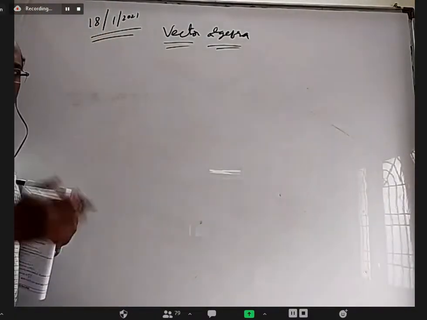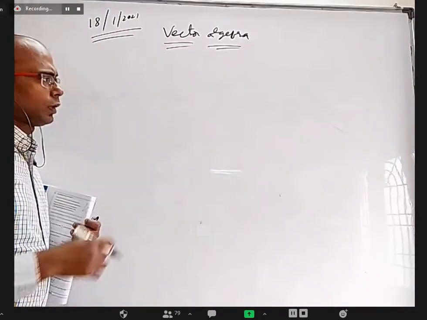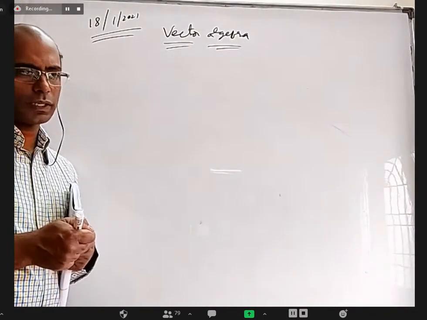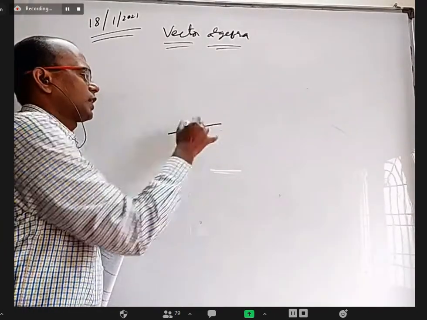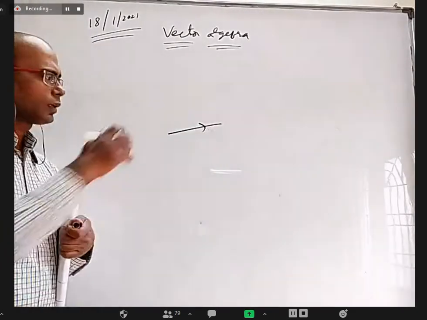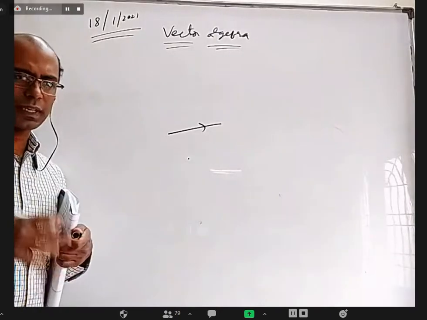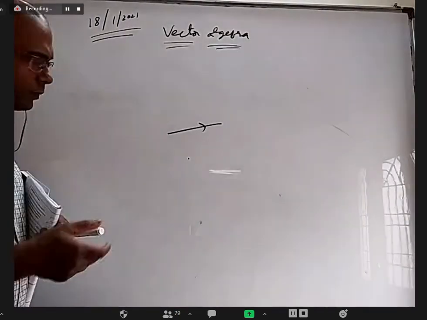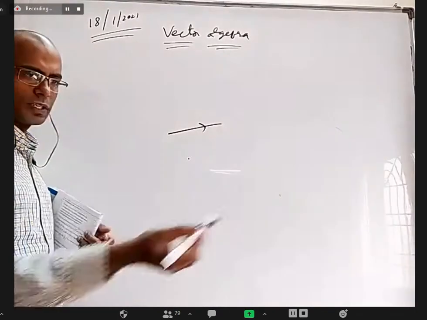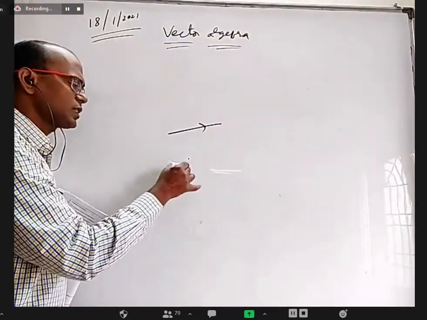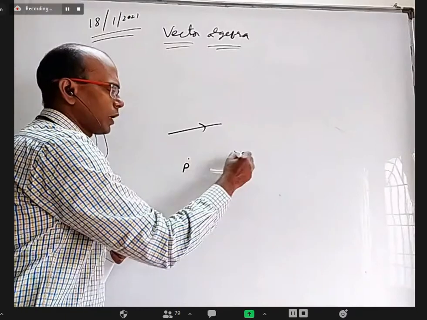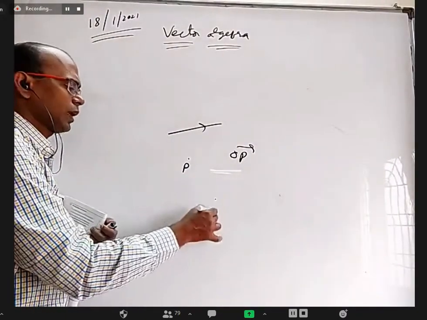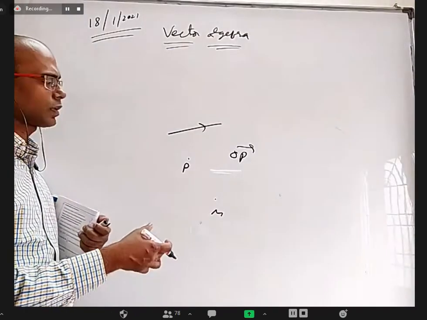Okay, what is position vector? Normally a vector means any physical quantity which has magnitude and direction, and we can represent it with some length and some direction. But a point, of course, we can represent as null vector. But apart from that, if you want to fix the point, you take origin anywhere, on this board or outside this board, anywhere in the space. If this is P, OP bar is called position vector of P. And if there is some M here, OM bar is called position vector of M.